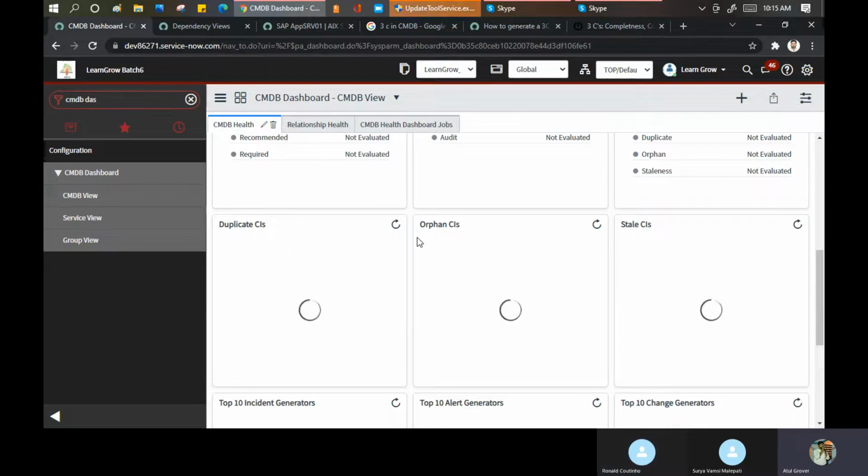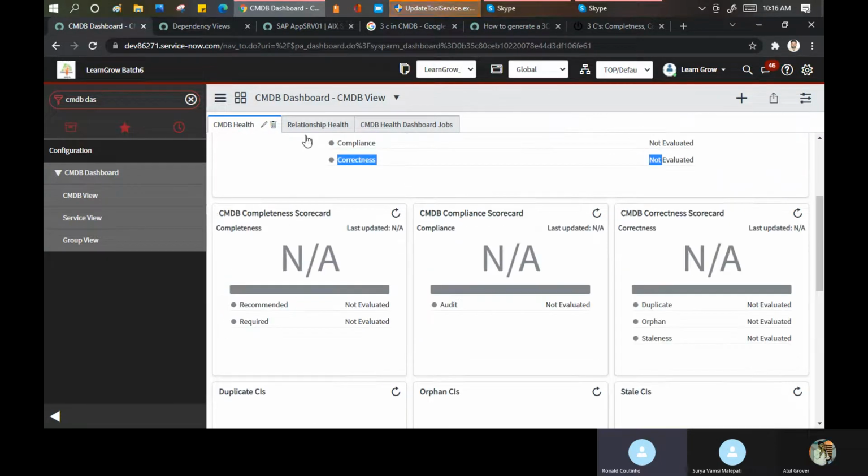Yes, any question here? Go ahead. Is that automated, or does it have to be configured? It is given by ServiceNow out of the box. And how does it calculate the compliance and correctness? We have to see the background logic. We need to open this report, because these are common SLAs. Yes. So why do you worry?